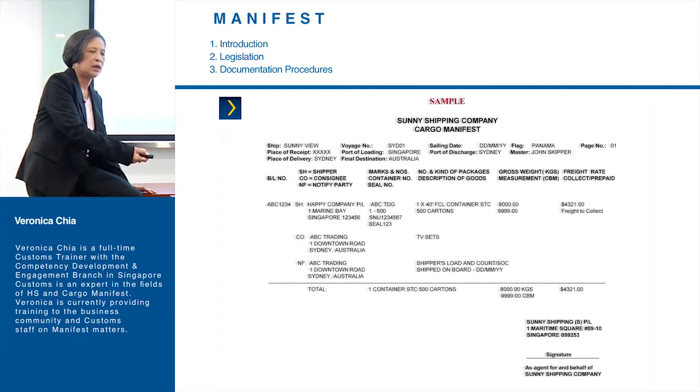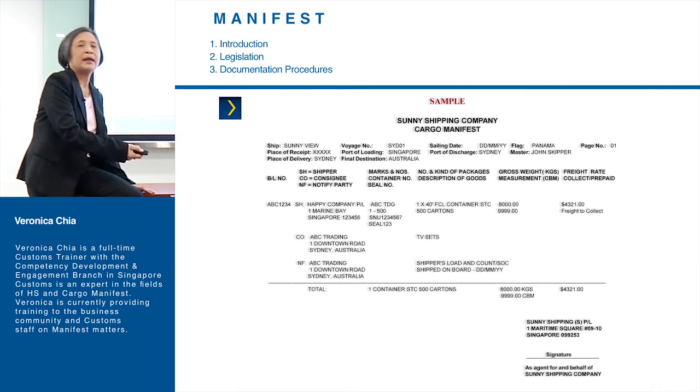Next column, the third column, we have the marks and numbers together with your container number, plus your seal number. Now, the marks and numbers are to identify the goods itself. Next, the fourth column is the description of goods together with the kind and the number of packages. For instance, 1 × 40-footer container said to contain 500 cartons of TV sets. In addition to this description, they also have a remark stating that this is a shipper's